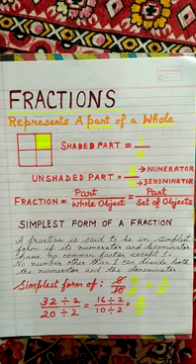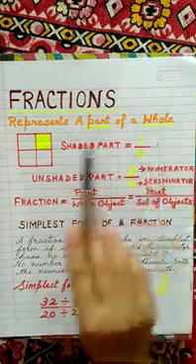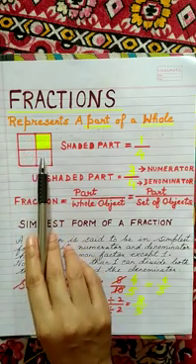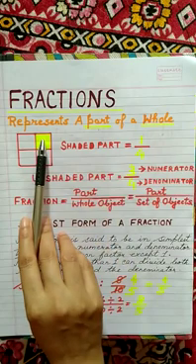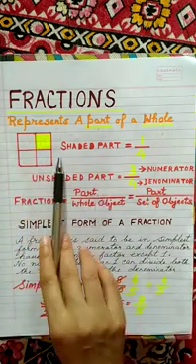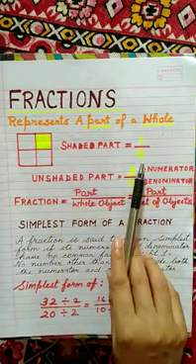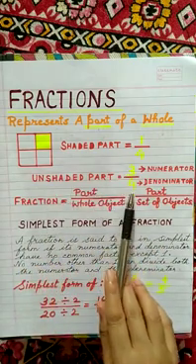A fraction is a part of a whole object or set of objects. Now, fractions represent a part of a whole. We have a whole figure here having 4 parts in it. Total number of parts are 4. One part is shaded and 3 parts are unshaded. So to write the fraction of shaded part, it is 1 by 4. Fraction of the unshaded part, 3 by 4.